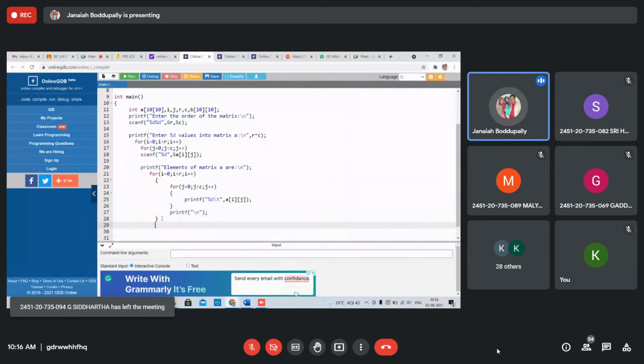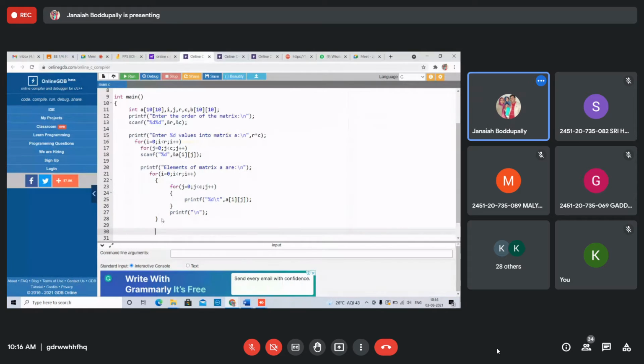Next, how to change rows and columns? Again, use two for loops. For I equals 0, I less than C. Rows will be columns and columns will be rows, that's why I less than C, not rows, because we are changing rows into columns and columns into rows.